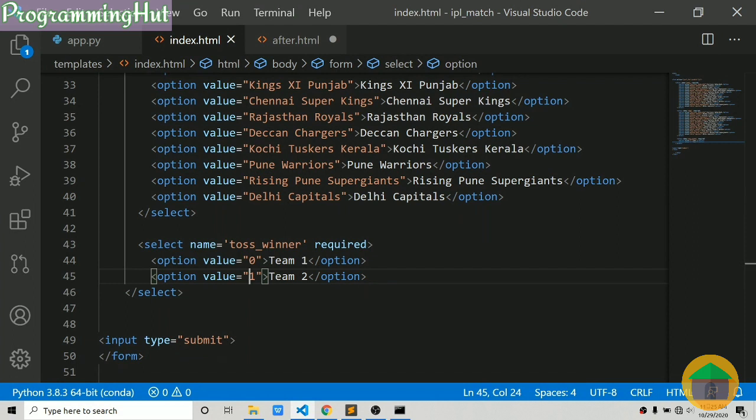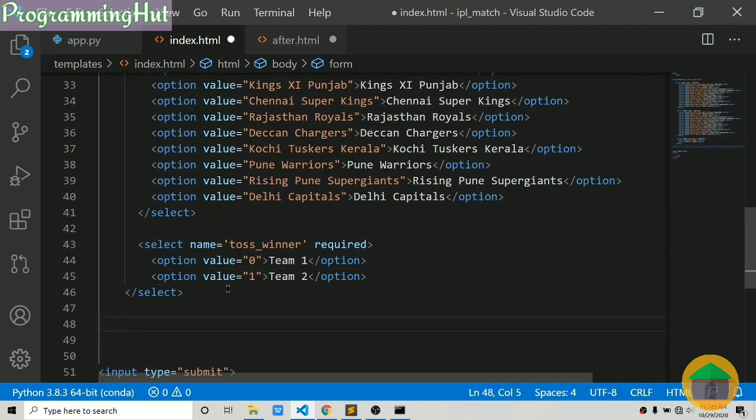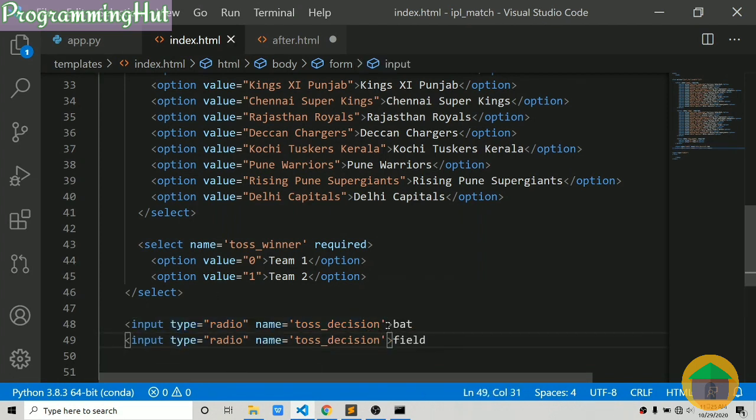And one last thing is remaining, which is the radio button for toss decision. Either they choose batting or bowling. So let's create that. We can say input type equals radio, and we can give name equals toss decision, and it will be bat. Let's do the same for field, and we can save this, but we also need to send the value for this.